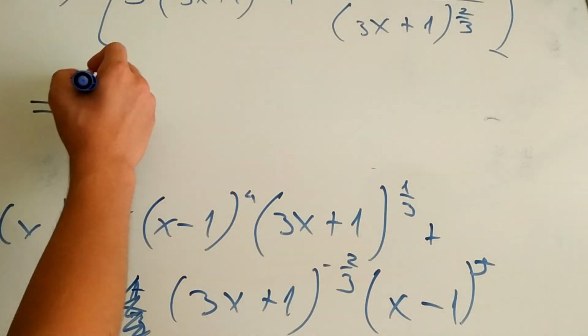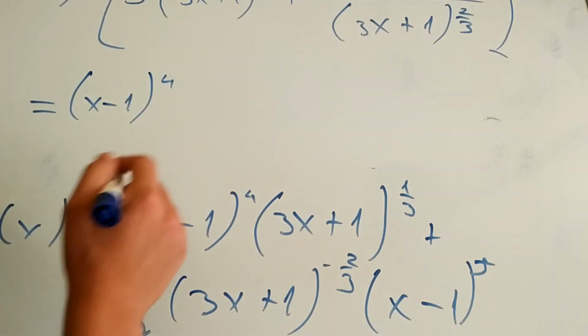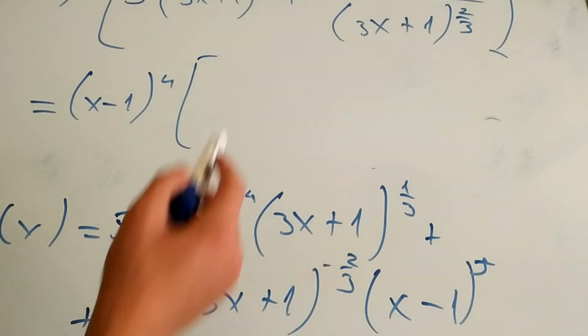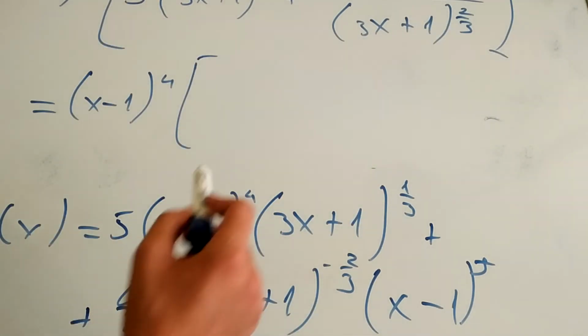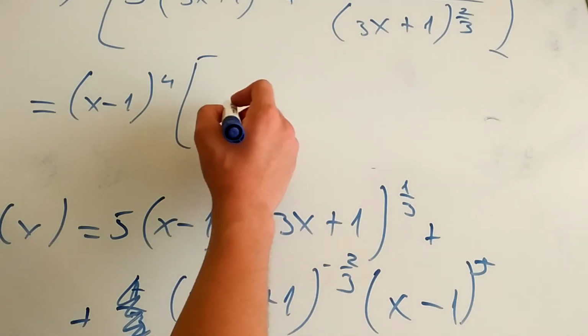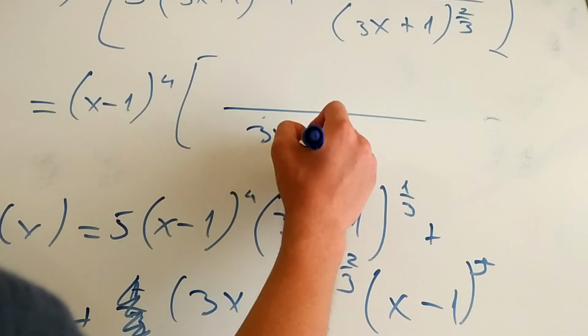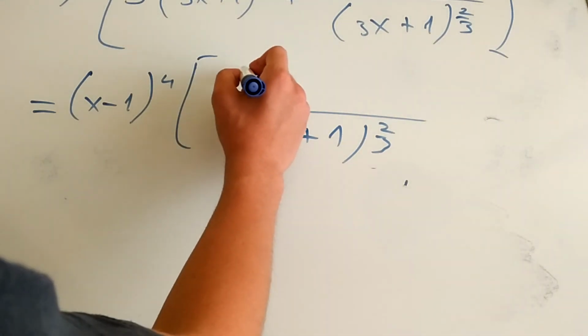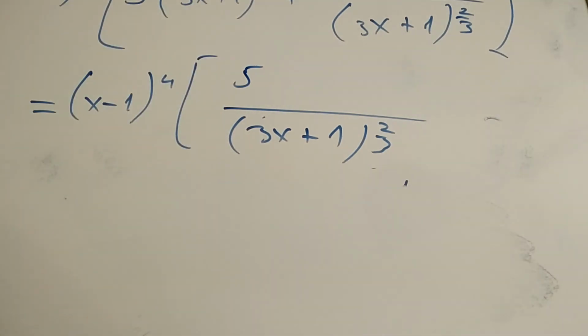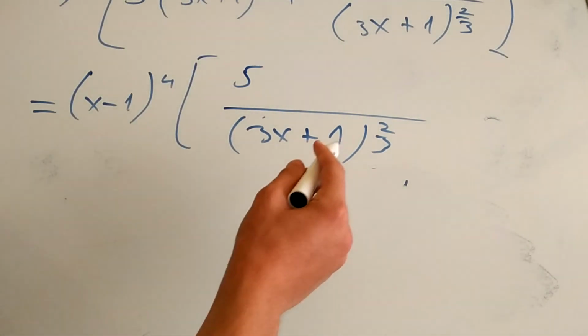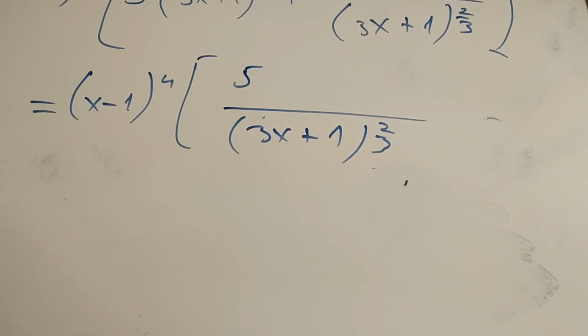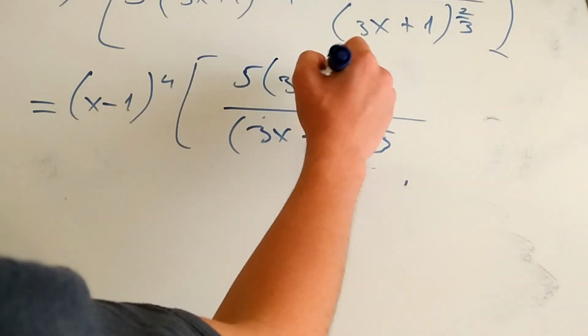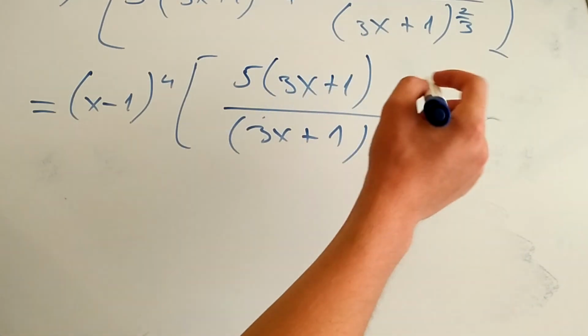Okay, now we can continue here. We have (x minus 1) to the fourth power in front of the brackets, and here inside we can multiply this fraction by (3x plus 1) to the 2/3 power, and you'll get (3x plus 1) to the 1/3 power. We can erase this here, and we'll get 5. Now (3x plus 1) to the 1/3 power times (3x plus 1) to the 2/3 power, we will get only 3x plus 1. Okay, plus